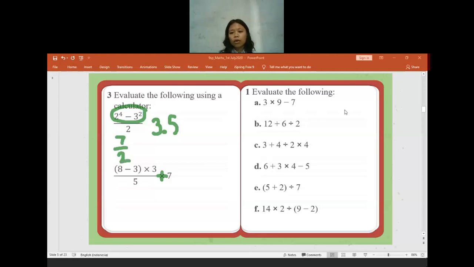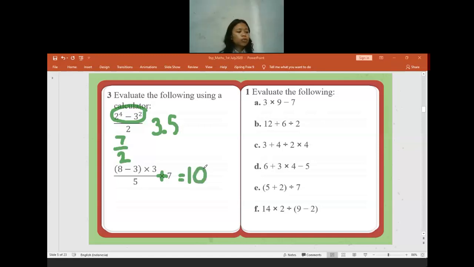For those who were confused about question 3A, is it clear enough, or is there anything still confusing? Okay, if nothing is confusing, I'll move to question 3B. Steve already answered 10, teacher. The 3B answer is 10. Is there anyone who disagrees with Steve? No, teacher. Okay, good job. Yes, the answer is also 10.